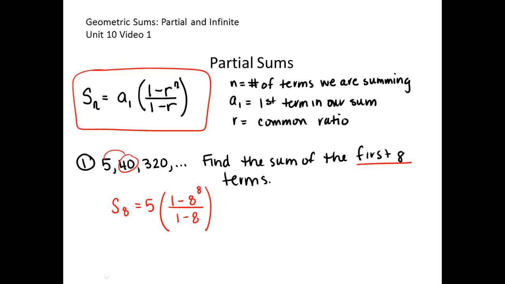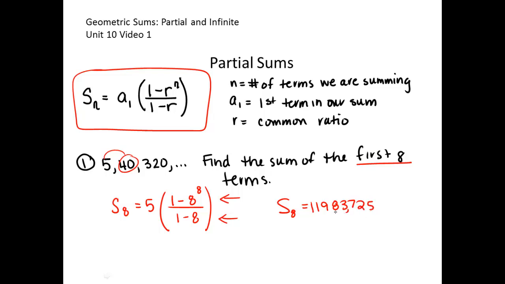I would honestly recommend doing the numerator first, then divide it by -7, and then multiply it by 5. If you try to enter it all at once, you're going to have so many parentheses, it may not work out right. So 1 minus 8 to the 8th power is a pretty big negative number. I'm going to divide that by -7 for the denominator, and then multiply it by 5. If I were to write out the first 8 terms of the sequence, A1, A2, A3, A4, A5, A6, A7, A8, and add them all together, my answer for the sum of the first 8 terms is